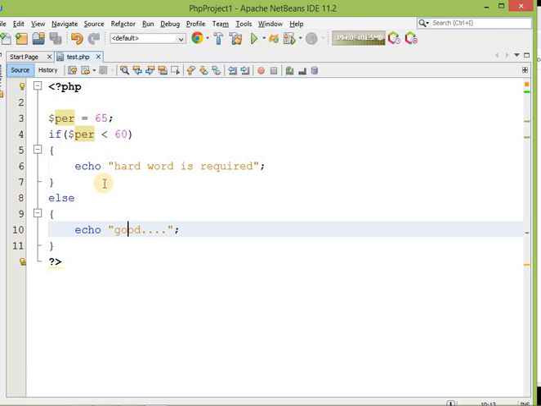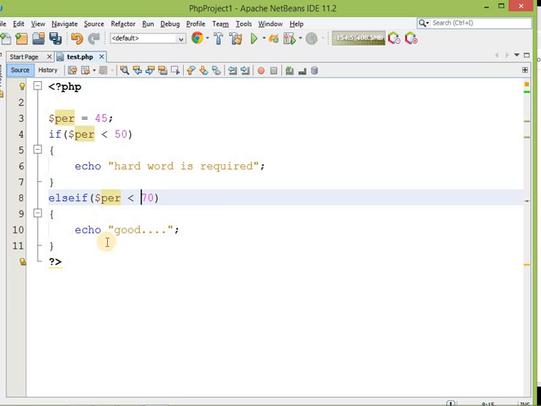Now let's see the if else if statement. Let's say you got mark 45. This is the first condition: if your percentage is less than 50, then hard work is required. After that, else if percentage is less than 70, then it is good.